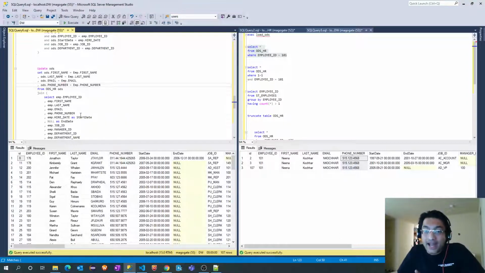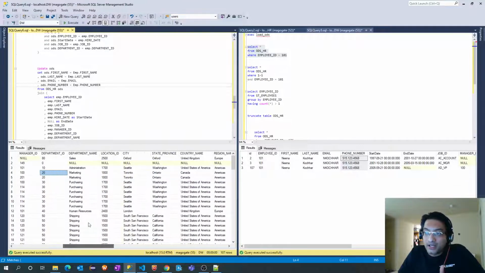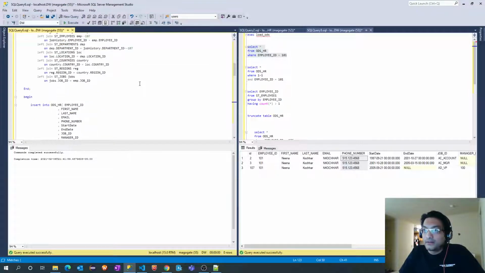Now I will not add other columns because we don't have to worry. If it gets indented, it will go into the job history table. So a new record will get created, so it will not go into update. Job ID, again, if an employee moves, job ID gets changed, ideally a new record should get created. So we don't have to worry about updating the job ID as well. And the same applies to manager ID, department, and all remaining columns. So as of now, I'll keep only these four columns, and let's execute this statement.